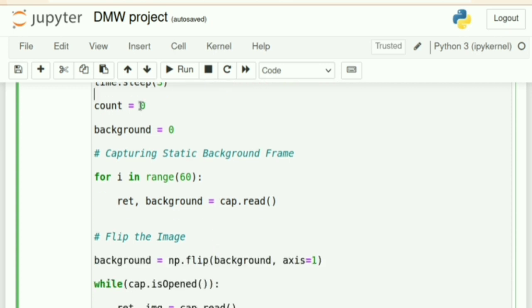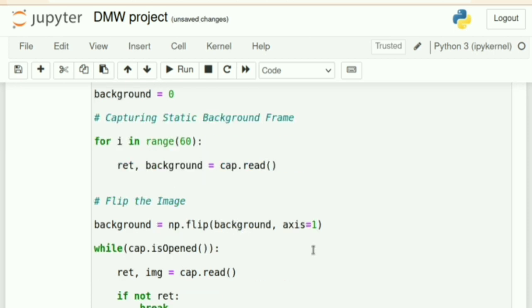We are initializing them to 0, and our background will be static. If it captures the background, then you don't have to move your laptop, because we have to replace the background. So we have to set our laptop at one position only, let the background be captured by your program, and then after 3 seconds you can demonstrate.